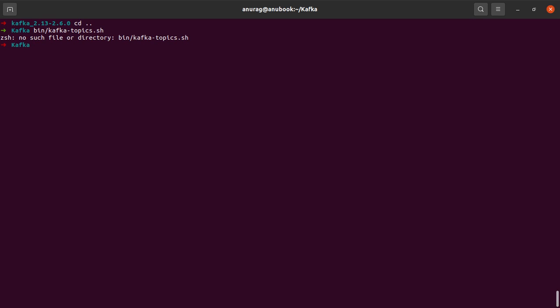So to be able to run these scripts from anywhere within our system, we will make a small change in the file /etc/environment. Now before that, let me just again change into this directory and say pwd. I will copy this path. Then I say vim. I should actually say sudo